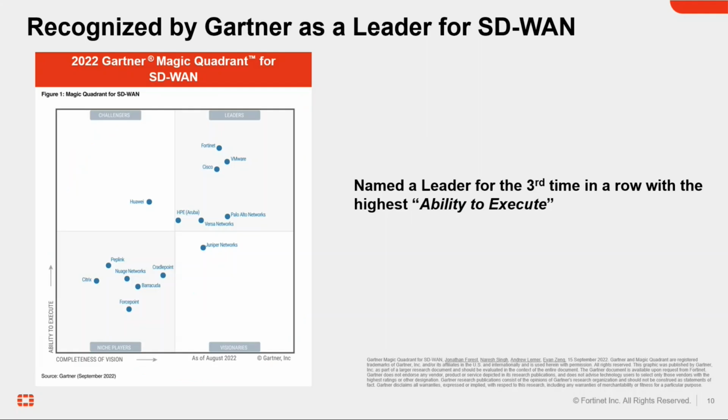Just looking at industry recognition, this is one of the Magic Quadrants from Gartner, a leading industry analyst, and this one pertains to secure SD-WAN, or the WAN edge as Gartner previously called this. Fortinet has been named a leader for the third time as of 2022, and hopefully going into 2023, the tail end, when the next Magic Quadrant comes out, that Fortinet are still seen as a leader in the SD-WAN Magic Quadrant.